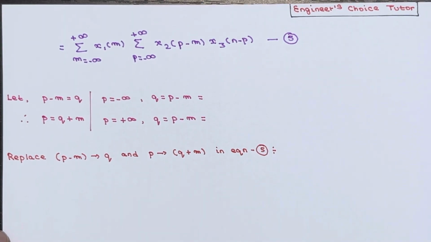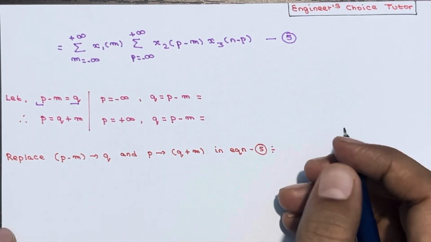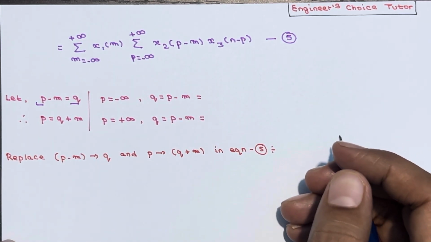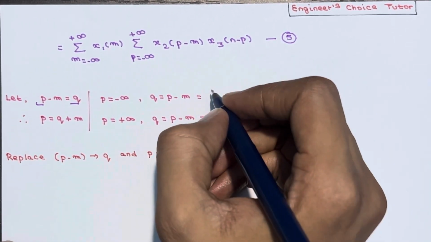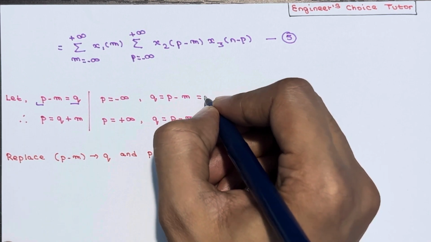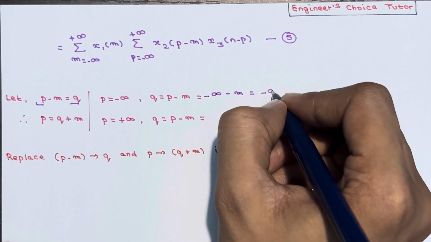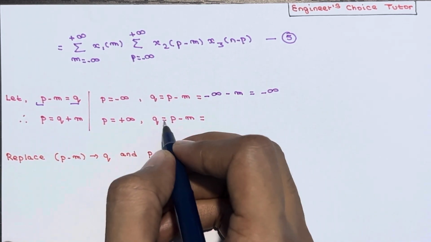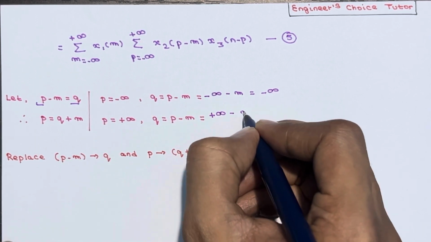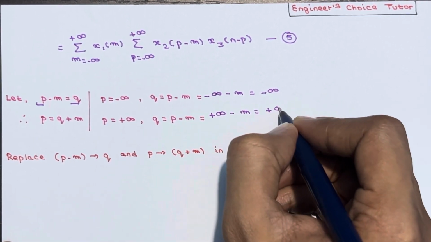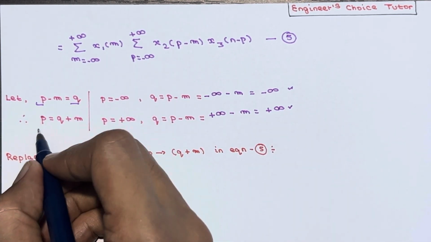Now what we have to do, let p minus m is equal to q. So if p minus m is equal to q, it means what? When p is minus infinity, q is equal to p minus m, which is minus infinity minus m, which gives minus infinity. Now if p is equal to plus infinity, q is equal to p minus m, so plus infinity minus m gives basically plus infinity only. Remember, this limit changes. Now if p minus m is equal to q, so p is equal to